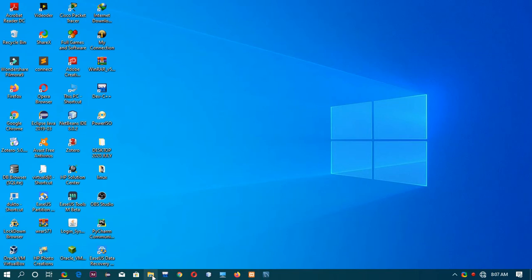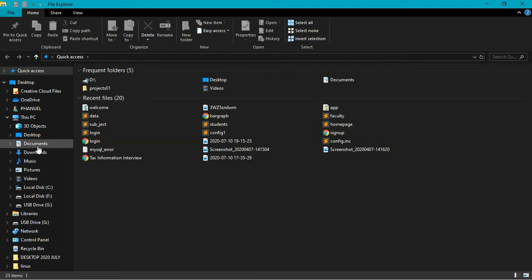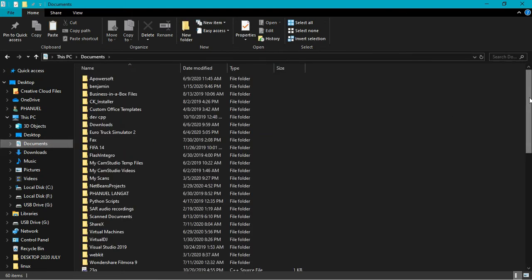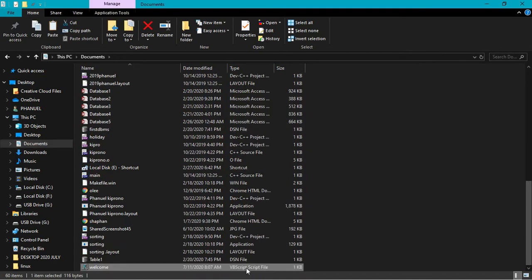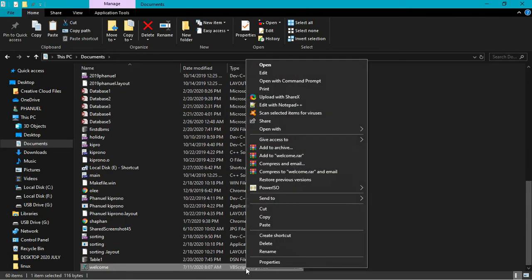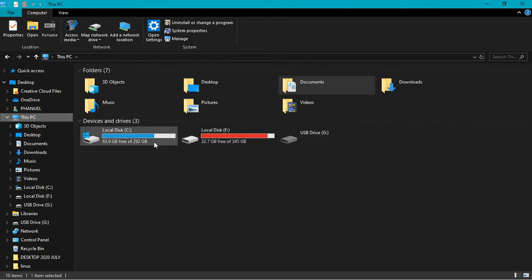Now you come here, you check for the file. So my file is stored at documents, so come down here, then you cut your file. So cut, then you come here at this PC, then at the local disk C. So you look for the disks where you have installed the operating system.